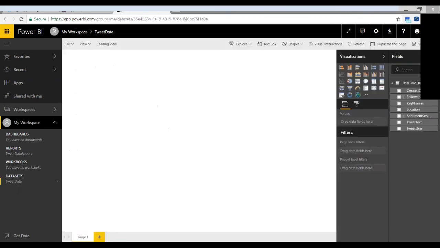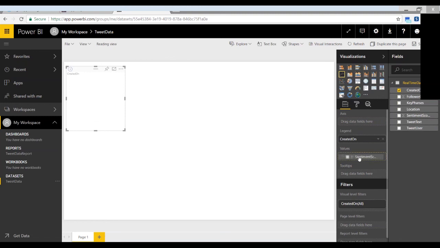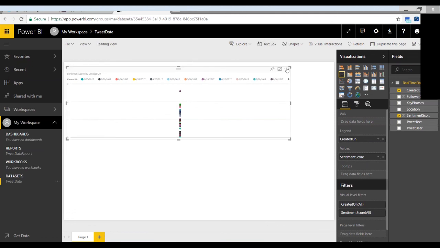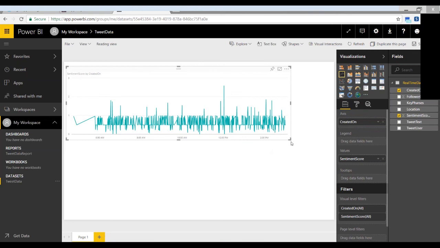I am adding a line chart, and here I am specifying legend as created at, values I am saying sentiment score. Here you get a line chart which shows at which time what is the